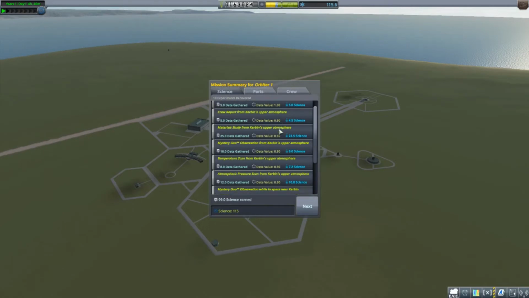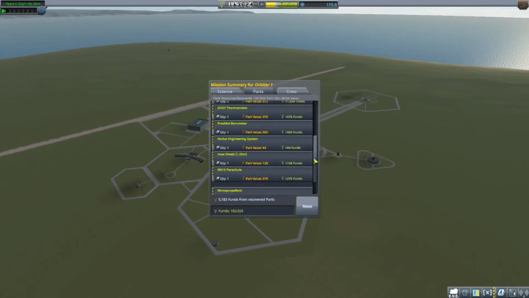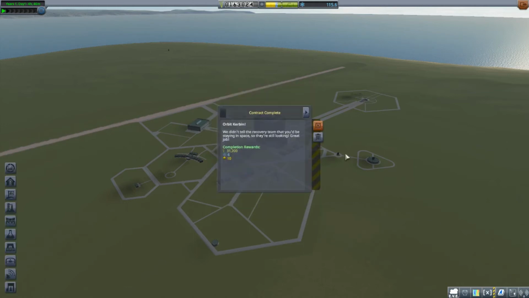And would you look at that, 115 science points. That is a healthy amount of science. We have done much sciencing today, and we shall be spending that science probably wisely. I like to think we're going to try and spend it wisely anyway. And we've also got a large amount of funds as well. We're at 163,000 funds, or whatever it is that the Kerbals use for currency, which will be excellent use in the next